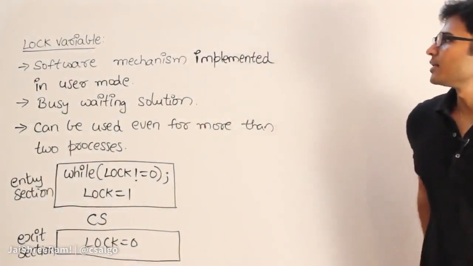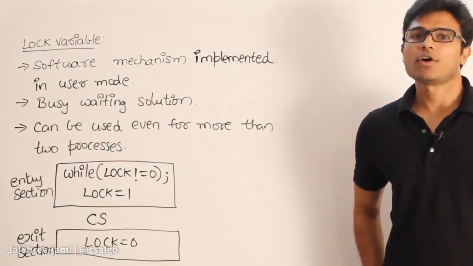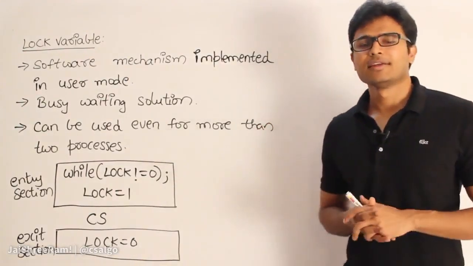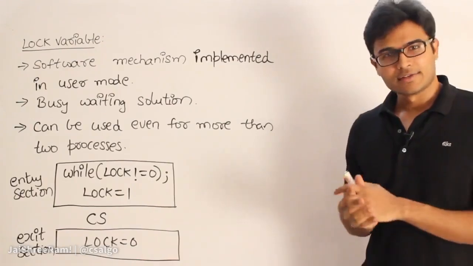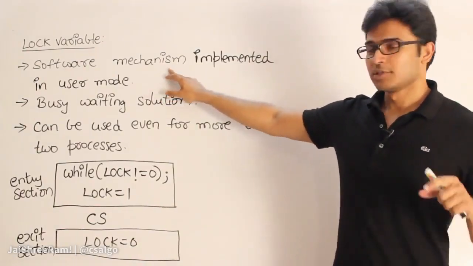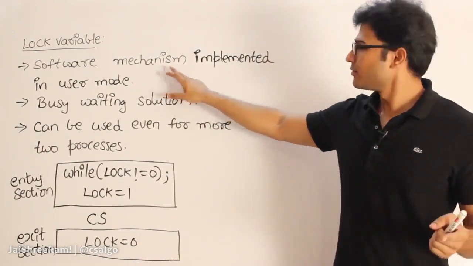Now let's see the simplest synchronization mechanism, which is lock variable. Even though the name says it is lock variable, it is not actually a lock. Okay, let's see this first. Now it is a software mechanism, which means we don't need any support from the hardware, which is implemented in